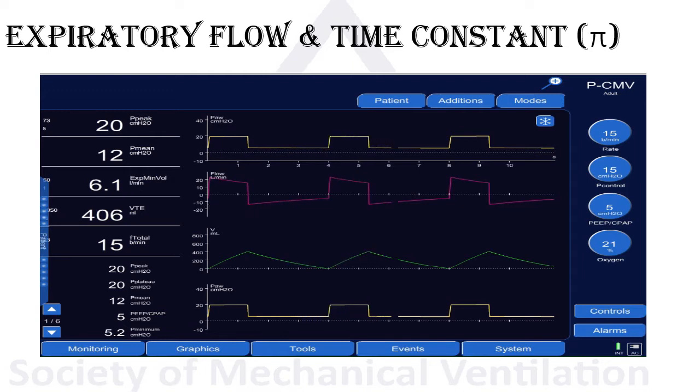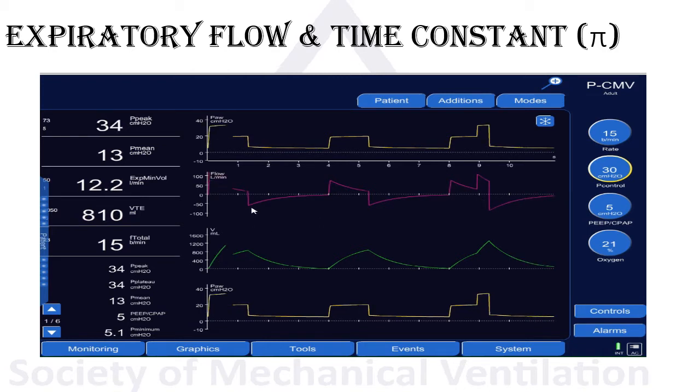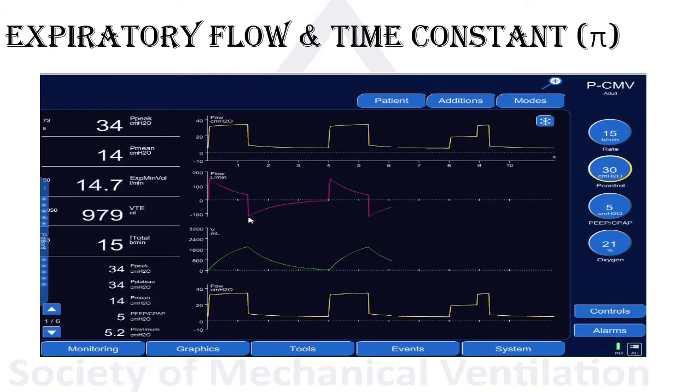The other point I want to show about the expiratory flow, again, is that it is dependent on the applied driving pressure and volume. So we'll go to our normal compliance and resistance patient here, and we're just gonna adjust the driving pressure. So let's go up, for example, to 30, and of course you would see the expiratory flow, because the volumes are gonna be higher. So the expiratory flow now again is dependent on the amount of driving pressure and the